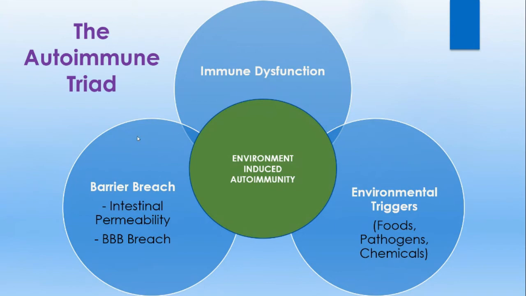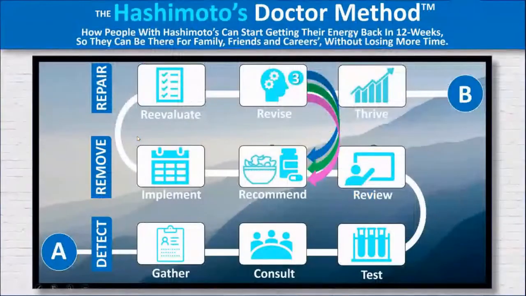So what we do, when I'm working with people, is we follow another diagram that I put together. If you're watching the video, you can check it out. It's basically a diagram that shows the model that I use when I work with my clients, and it's a detect, remove, repair model. Detect the problems. Once you've got an overview of what's happening, then you put together a plan to remove the problems, and then you move into the third step, which is repair the damage.